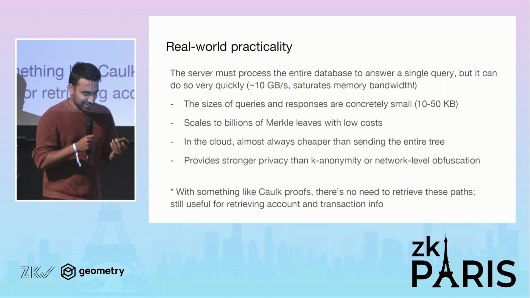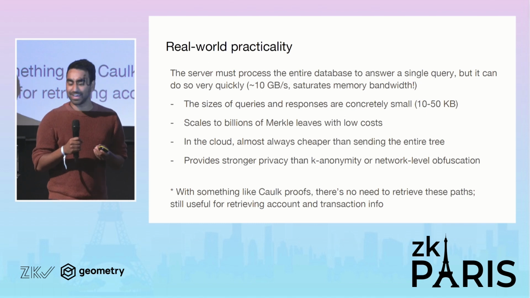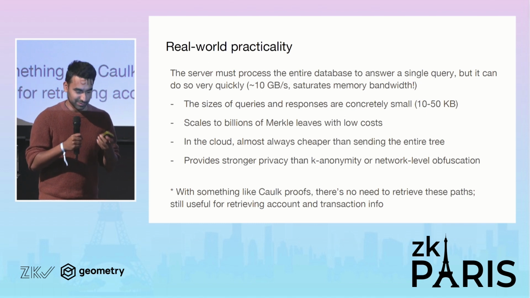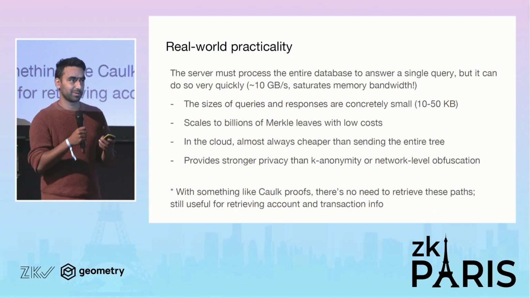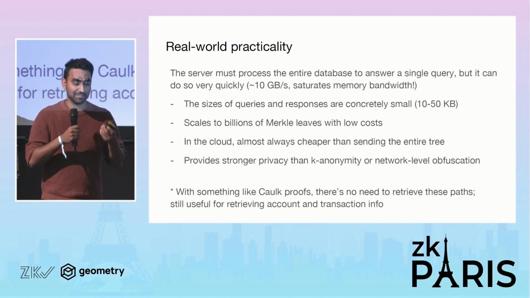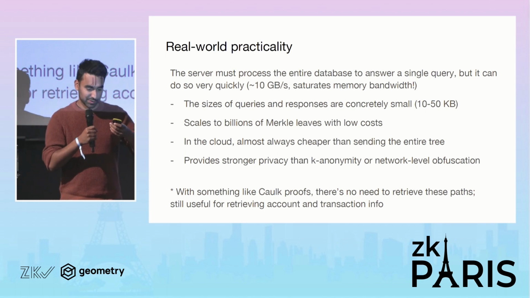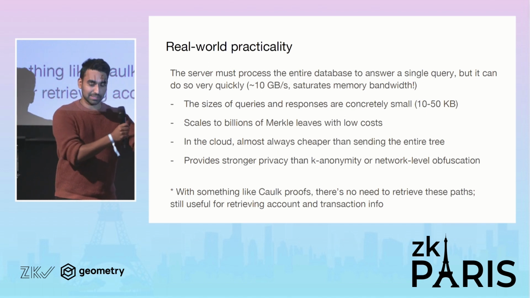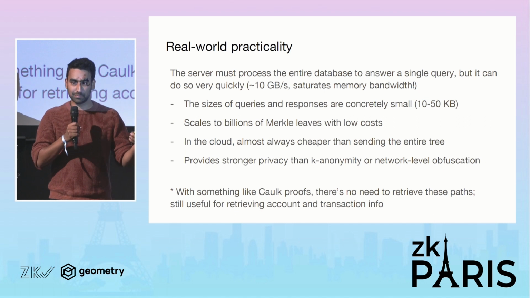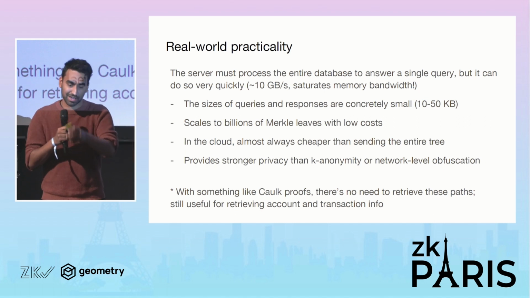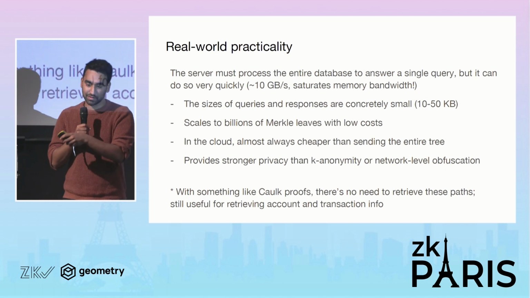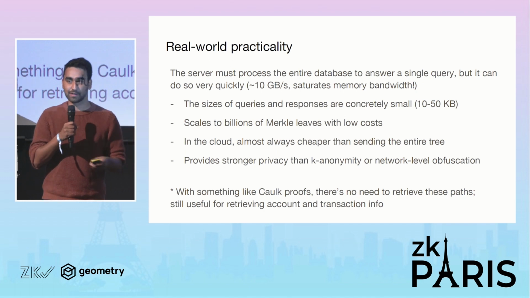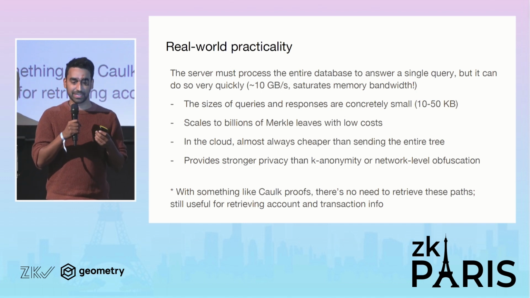I want to say a little bit about whether you can use this. The speed at which the server processes the database is really important. With PIR, for privacy reasons, the server generally has to process the entire database for every query. It needs to touch every item, because if it didn't touch an item, you would know the person wasn't retrieving that item. So you have to do a linear scan over the database for every single query,